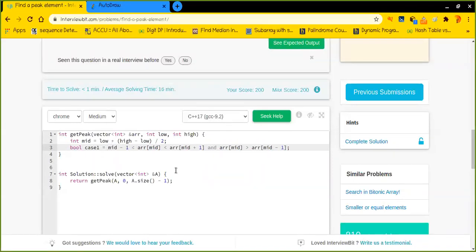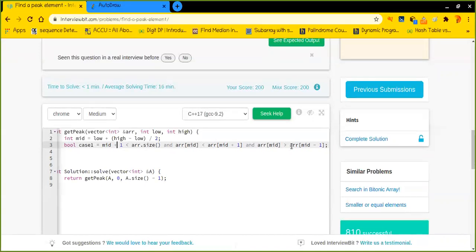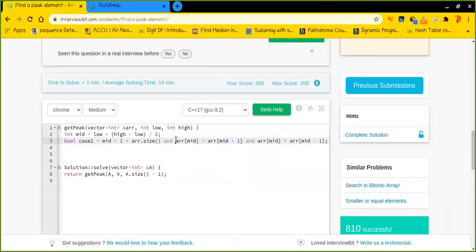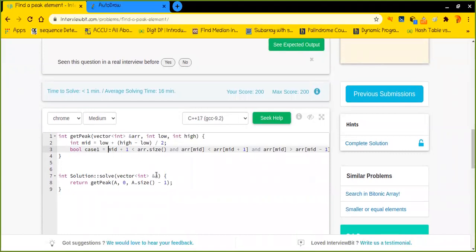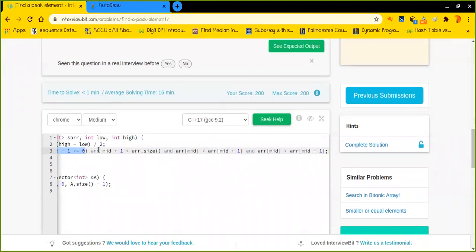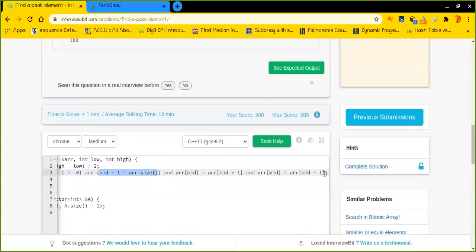So the mid minus 1 that I'm talking about should be lesser than array dot size. Okay, mid plus 1, actually I'm writing, mid plus 1 is basically lesser than array dot size. Then only I can find out this particular value. Otherwise it may throw me some exception, because I would be accessing an element which is out of boundary, or that may not exist, right? And similarly it should also be greater than or equal to 0. Okay, so I hope you are getting the point that I wanted to make to you.